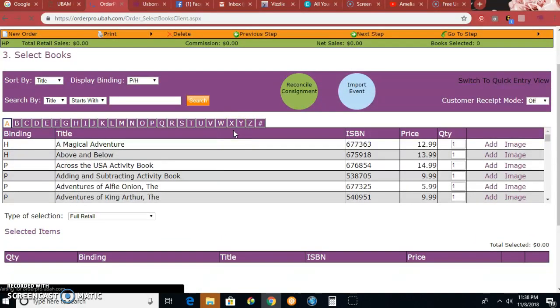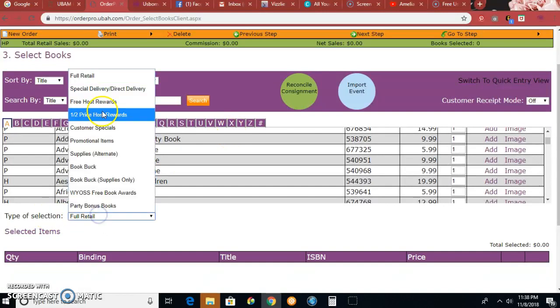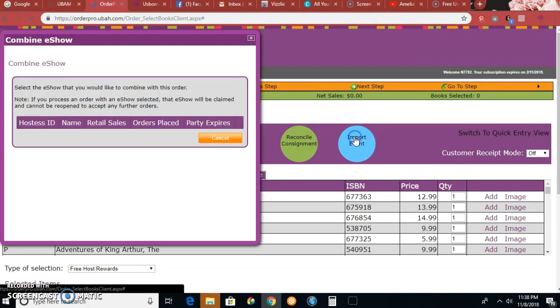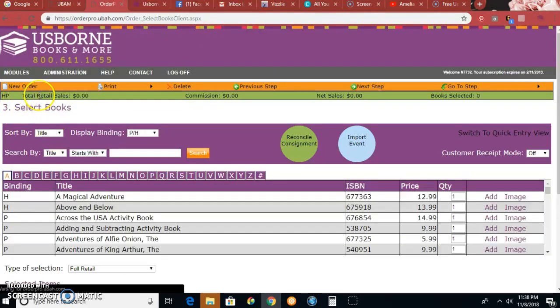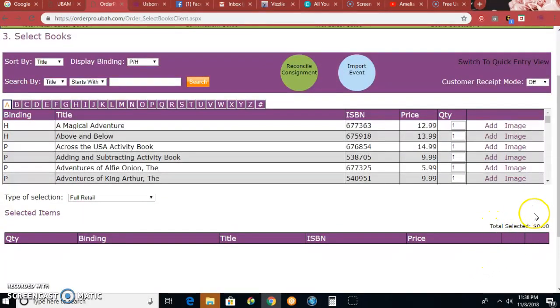And here's where you're going to add your books. So right here is where you're going to select free host rewards. Now you will be importing an event, which I don't have right now because I've closed out all my parties. There will be the option to click which one. You're going to import the event, and it's going to pop up right here the amount of total retail, and down here it will show you